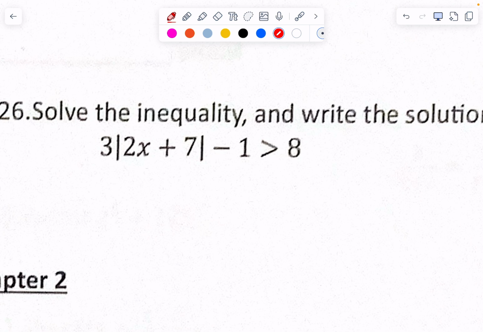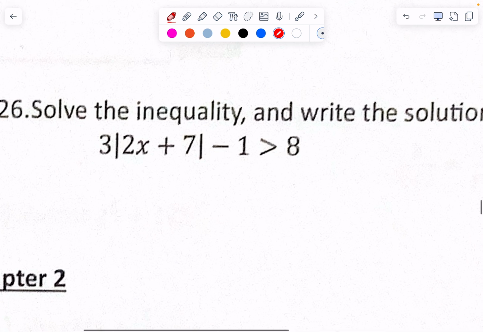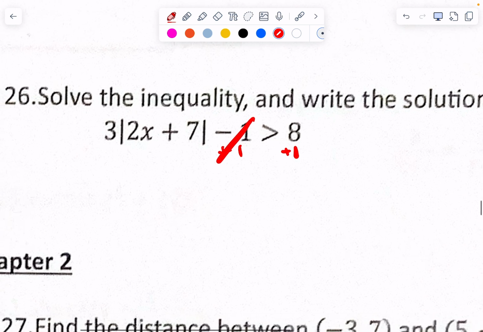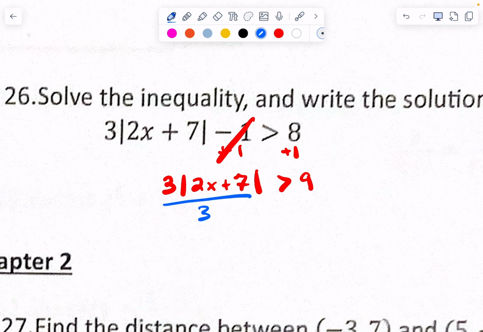We have to have two cases. We do, but not yet. Let's add the 1 over. We have to add 1, because we have to isolate the absolute value, right? And then we have to divide by 3. I'm writing out all my work, but you don't have to if you don't want to. Then we have to divide by 3 to make them go away. So absolute value 2x plus 7